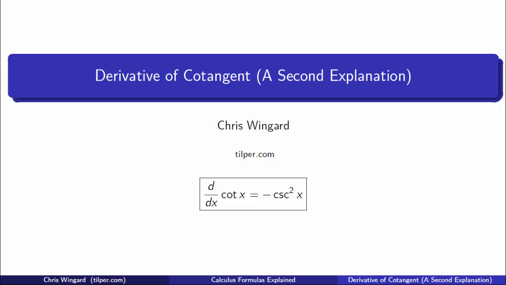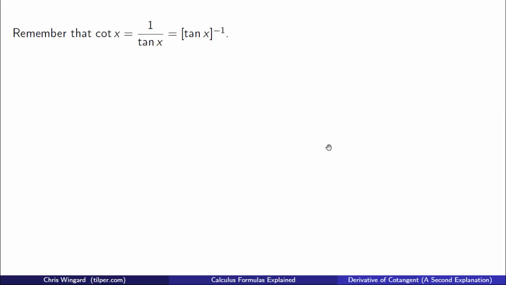Let's go ahead and see a different explanation of why the cotangent derivative is negative cosecant squared. So in the previous video, we used the quotient identity, cotangent is cosine over sine. Well, now let's use the reciprocal identity, cotangent is 1 divided by tangent. So we'll take this 1 over tangent of x and rewrite that as tangent of x to the negative first